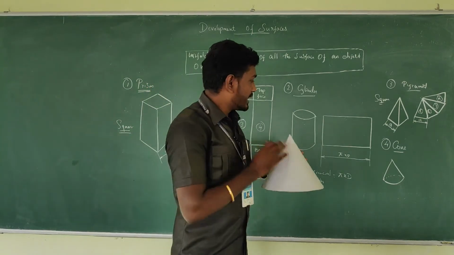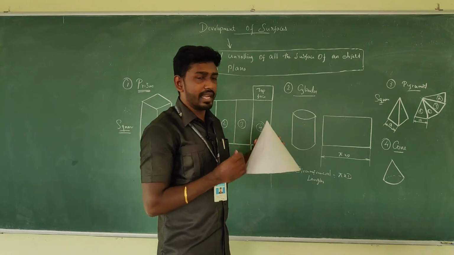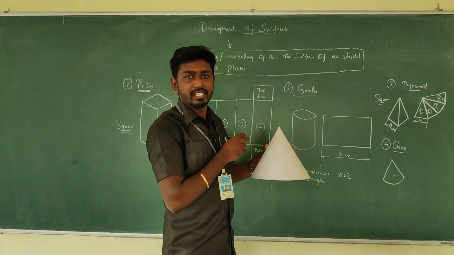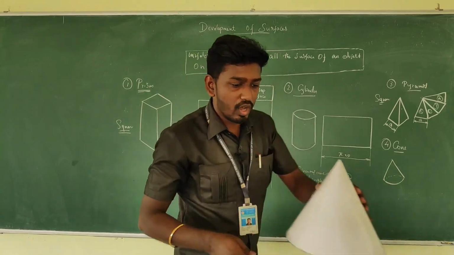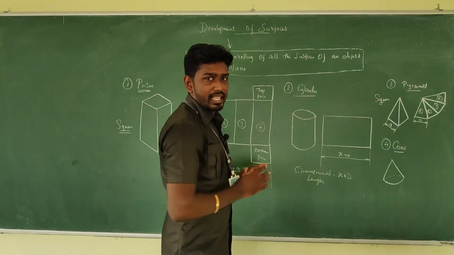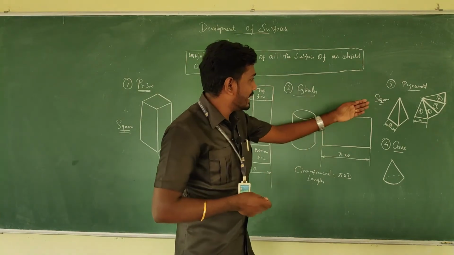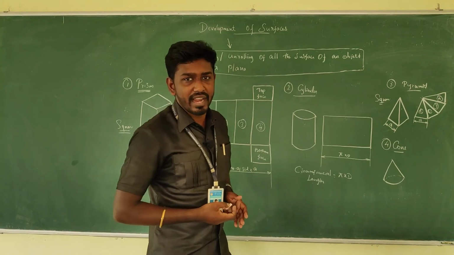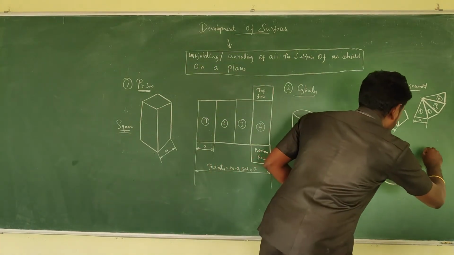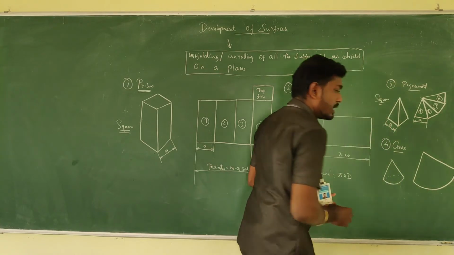Am I right? So here, I'm going to assume this is a hollow object. It's not a solid. And from the left extreme, I'm going to cut from the rear side, remove it, and stretch it out on the plane. What happens here, as in the pyramid, you will be able to see the triangular face. You'll get the triangular face something like this.